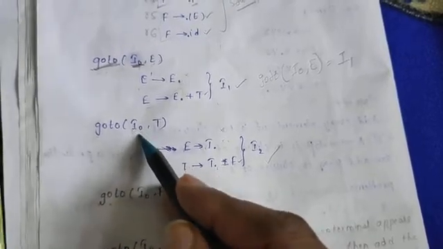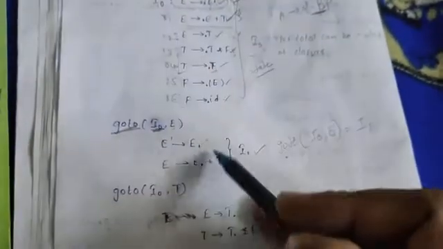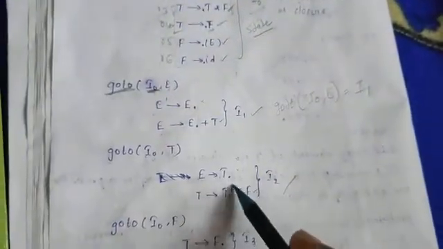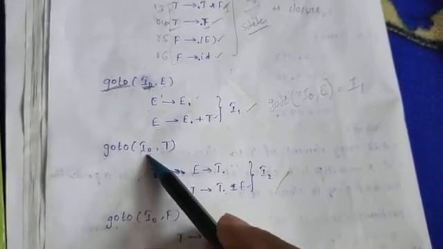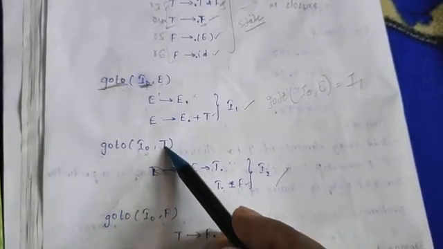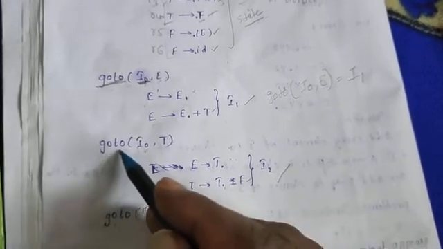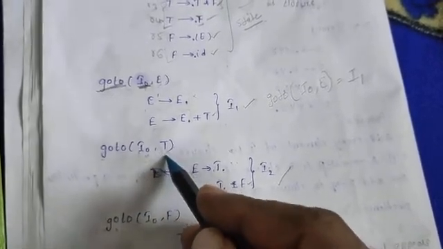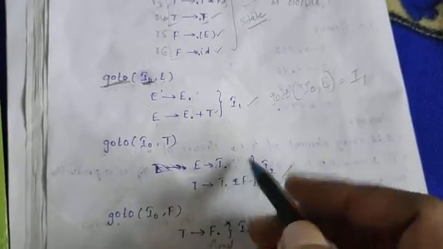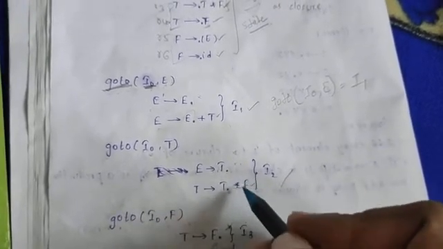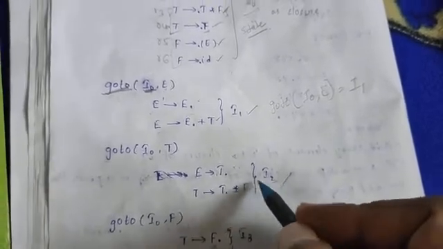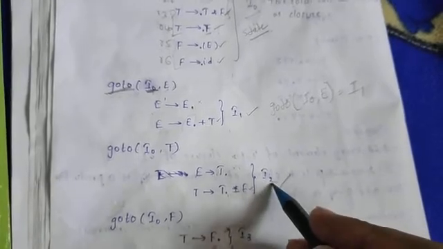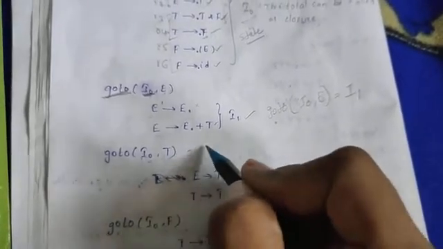I naught. The first two productions will be this, the second two productions will be this. So here in I naught the dot will be moving over T. That's why this should be indicated as go to I naught comma T. The production should be indicated by I2, state number I2. Why? Because it is not equal to this one and this one. So this should be indicated by a new name. That's why it should be indicated by I2.